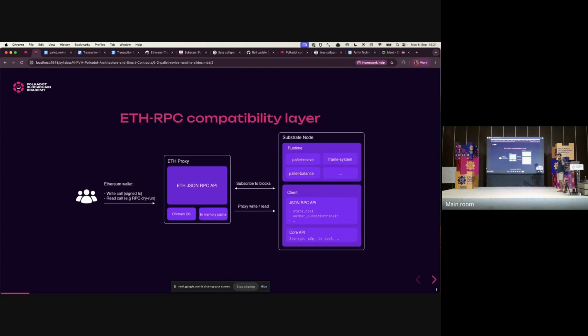So we have Palette Revive, which is like a smart contract module, but what we also want is a compatibility layer so that you can call our module from an Ethereum wallet, from a wallet like MetaMask. And for that, we have developed a small proxy, an ETH-RPC proxy that implements the